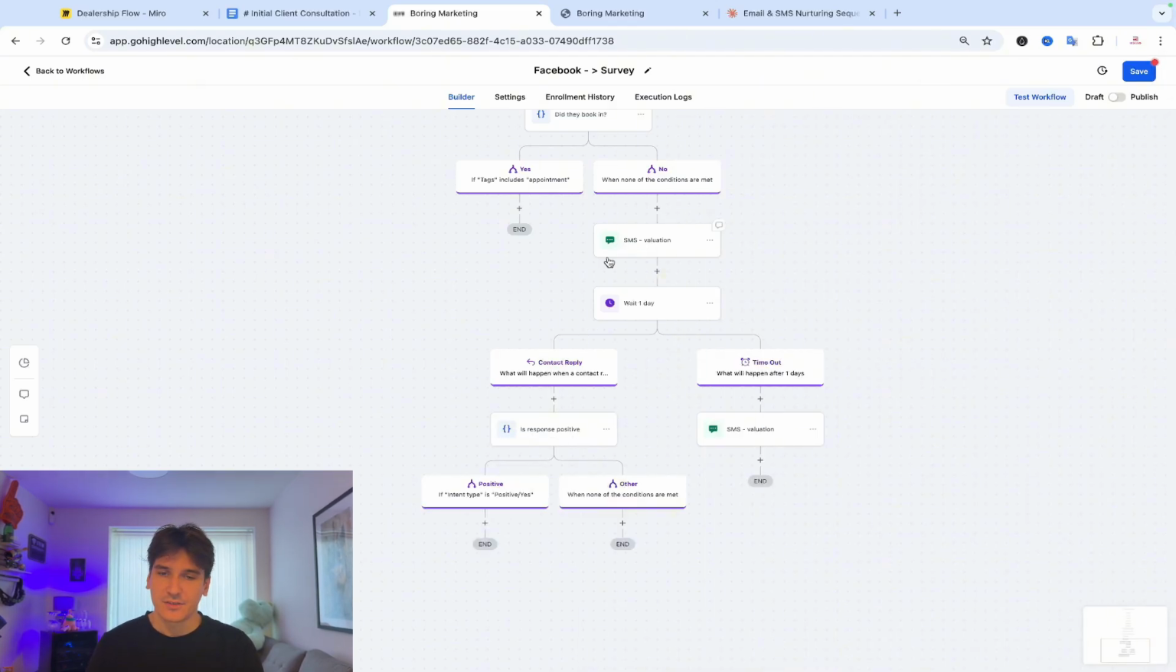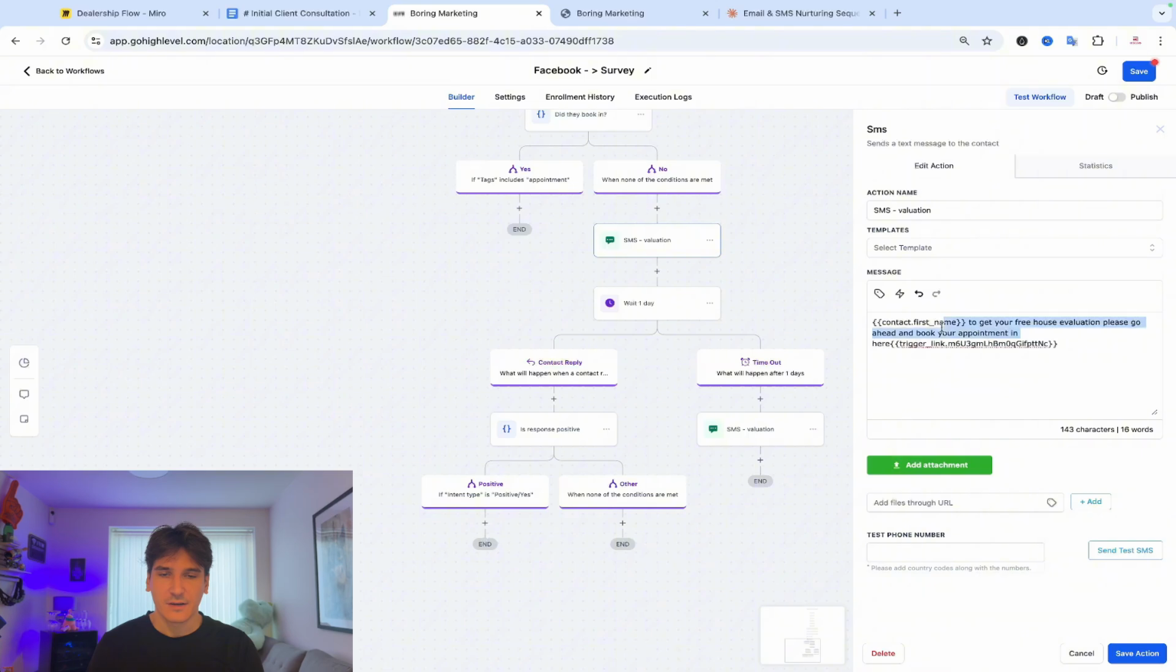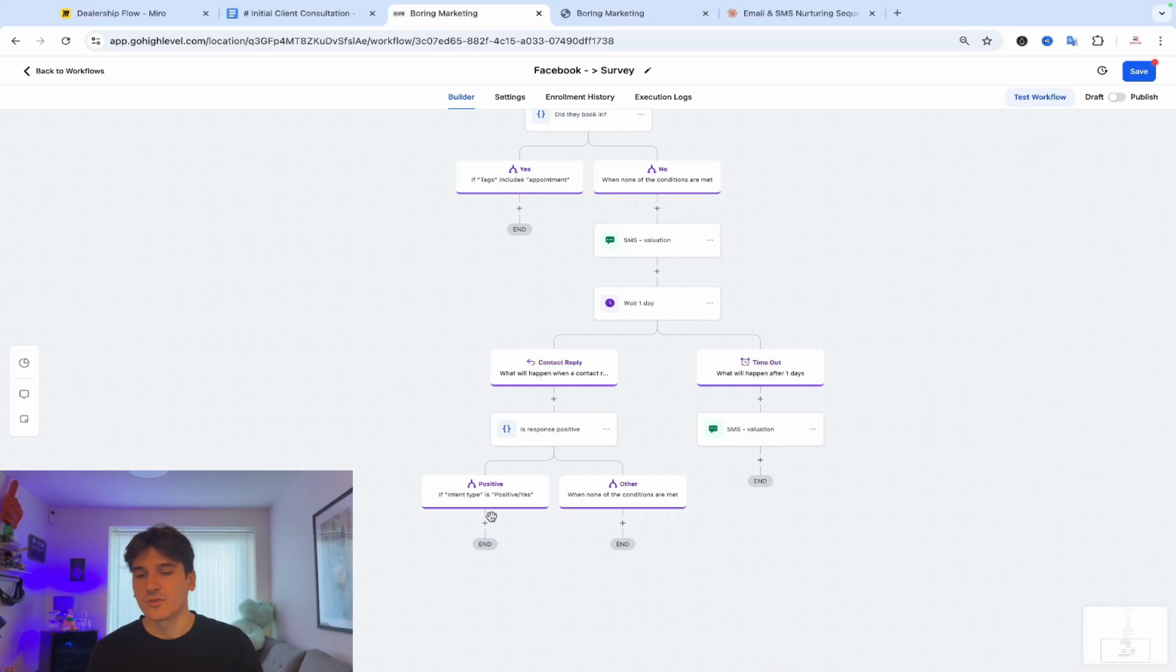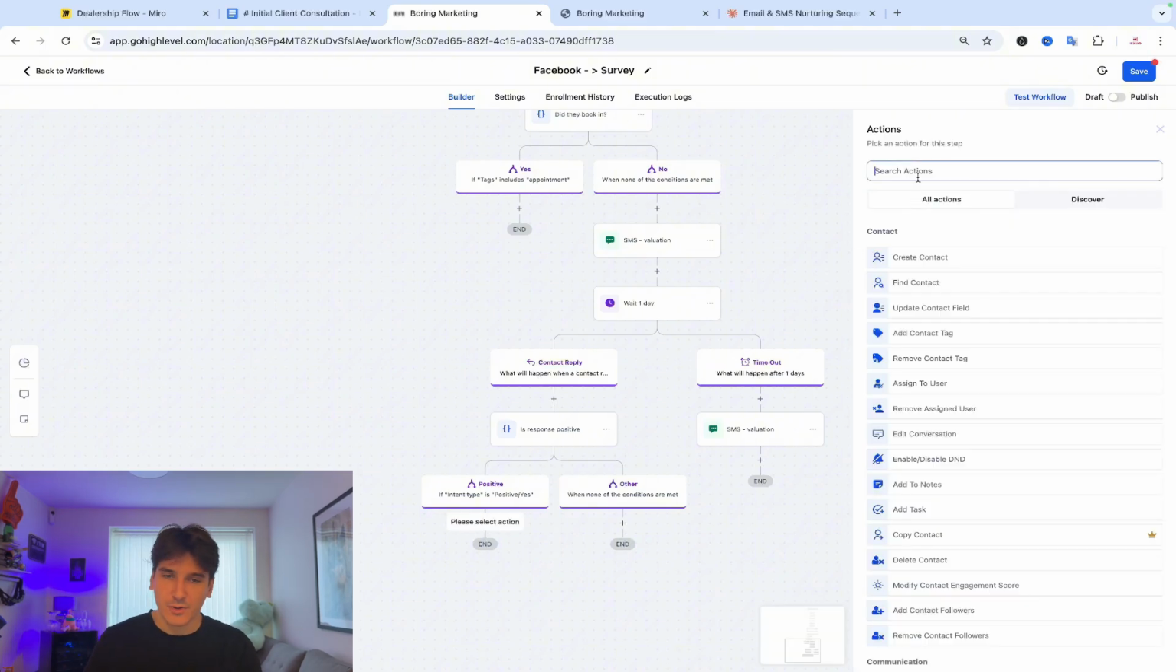If they indicate to this message, to get your free evaluation, please go ahead and book your appointment here. Matter of fact, let's change this message a little bit so it fits this scenario better. To get your free house evaluation, please go ahead and book your appointment here. Or would you like me to schedule this appointment for you? Now, with this message in mind, if they do respond, it's going to be clear if the message is positive,